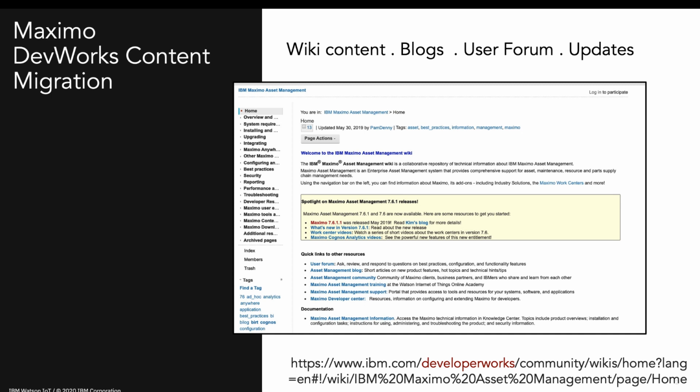We'd extend that within blogs where we could give, again, new updates or new feature releases. Our user forum was a very dynamic location where our clients and business partners and IBMers could talk virtually and exchange information. Well, the DevWorks community has been deprecated as of March 30th, 2020,